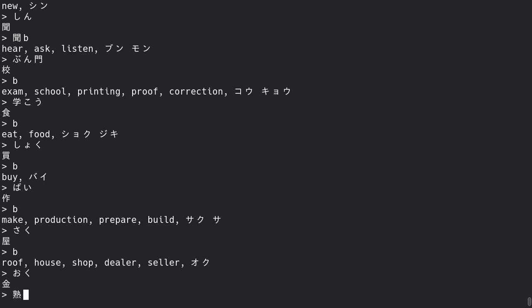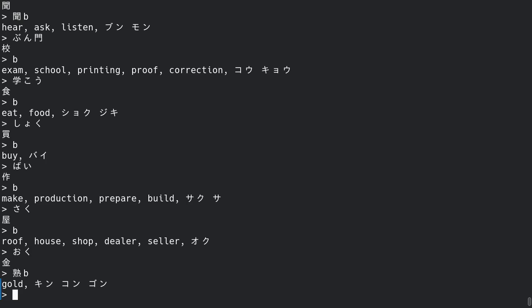So yeah, this is kind of my process. So this is kane, and I actually know this from Learn Japanese to Survive, a video game that I've been playing to learn kanji. Let me think if there's any other, let's just look at the back of the card. So it's kin, kon, and gon. So I forgot about the onyomi reading, but I of course know it from,